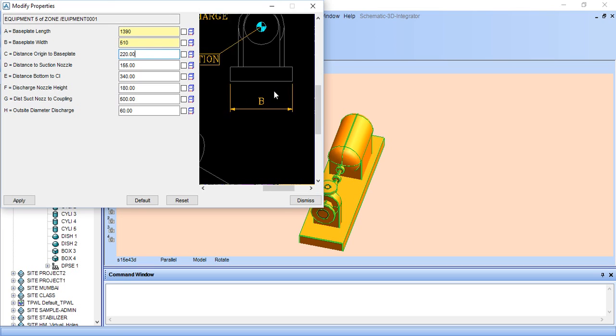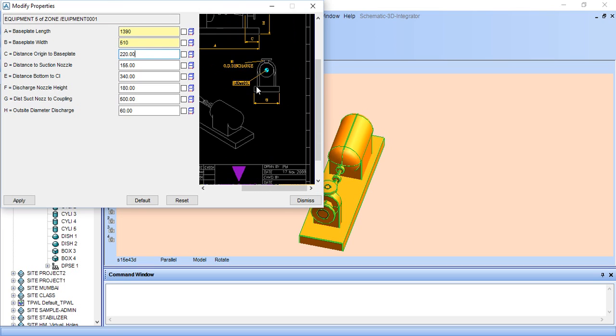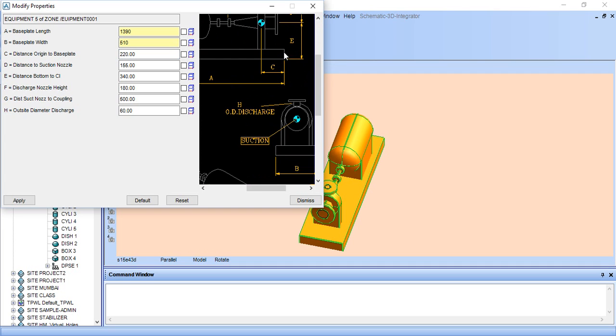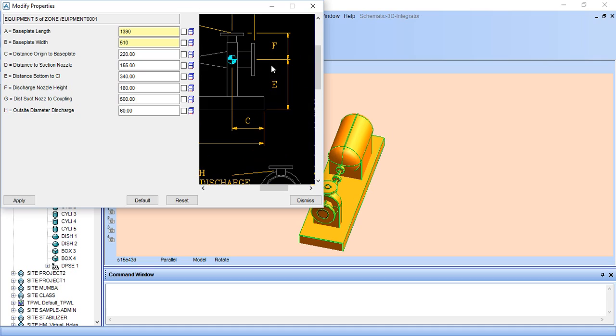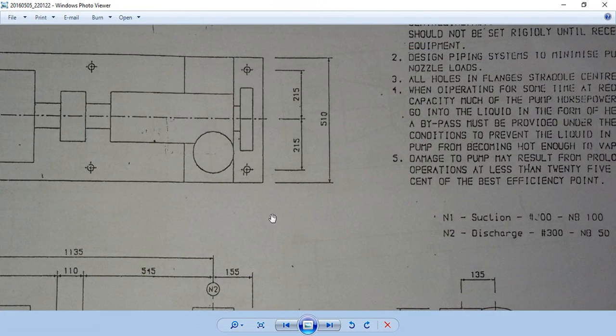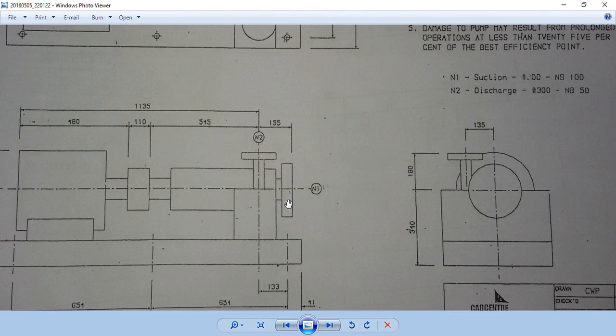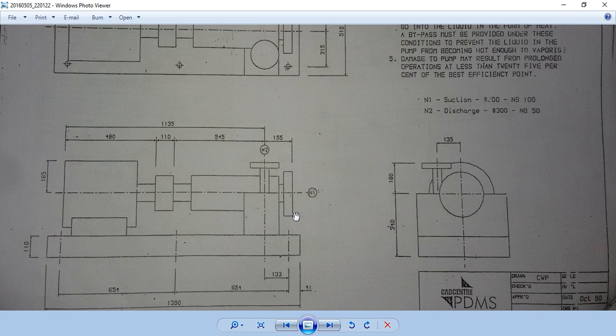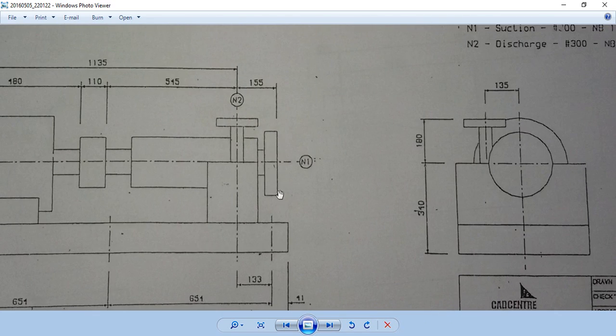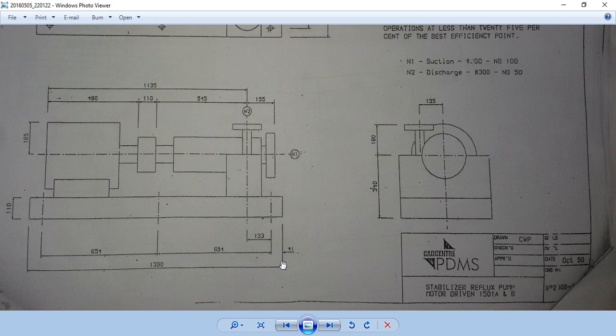Distance to origin base plate C. So here is C, here to here distance is C. Here is the distance.